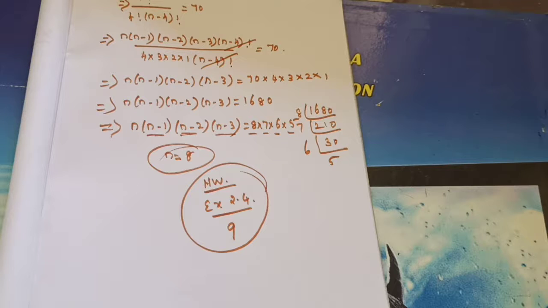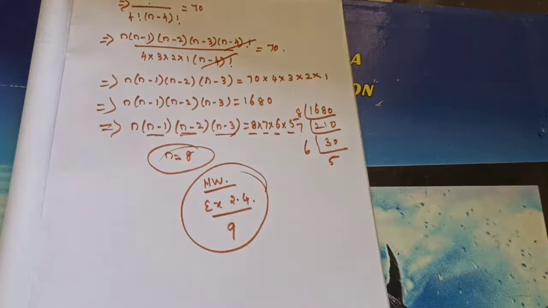Then the second one is the particular player is always chosen. If a particular player is always chosen, then 10 players ought to be selected out of 14 players. So from that 14C10, that's the second answer. Then the third one is a particular player is never chosen, then 11 players ought to be selected from the remaining 14 players, means 14C11. That's the last answer. So first one 15C11, second one 14C10, third one 14C11.